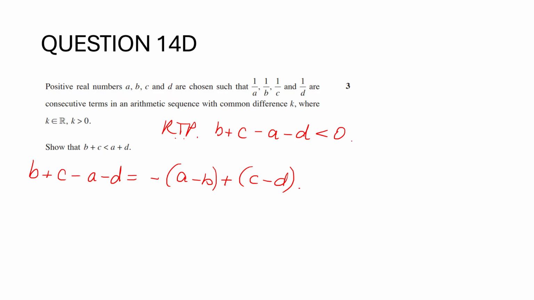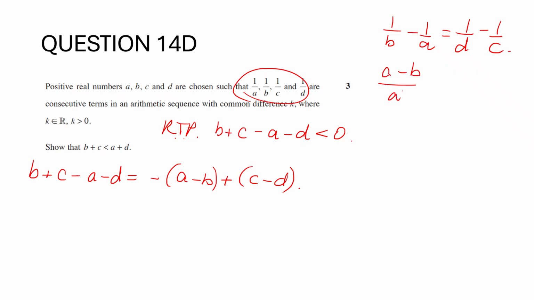Now, from this, we know that 1 on b, take away 1 on a, is equal to 1 on d, take away 1 on c. In other words, a minus b on ab is equal to c minus d on cd. In other words, cd times a minus b is equal to ab times